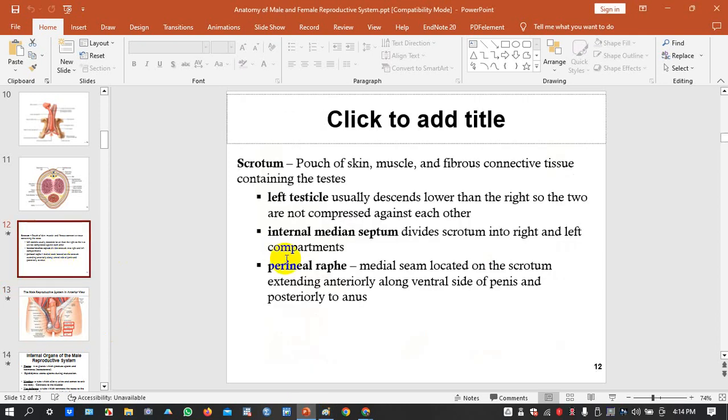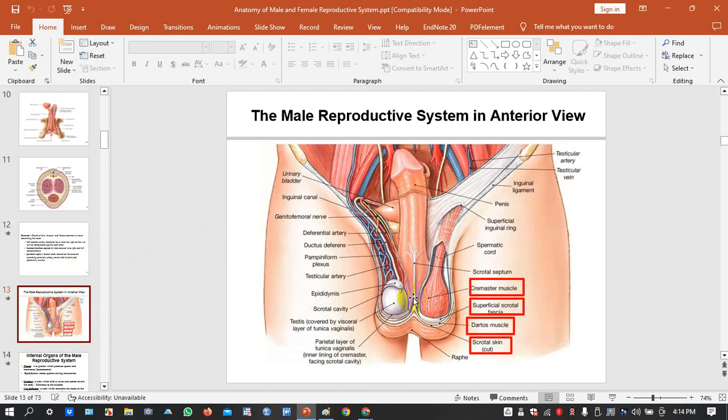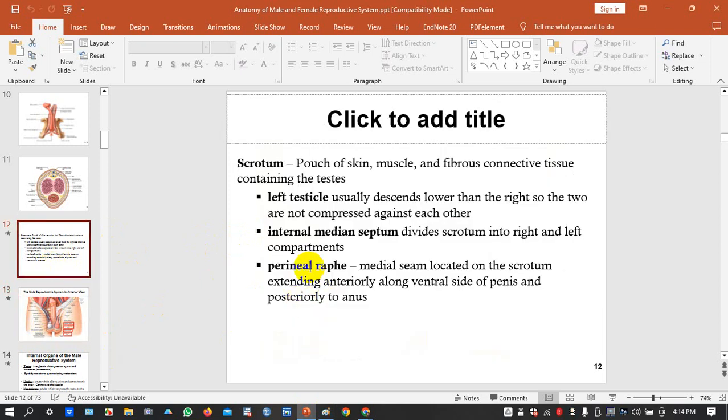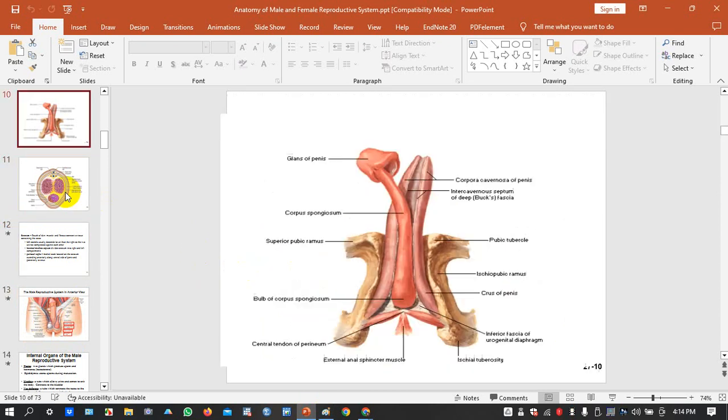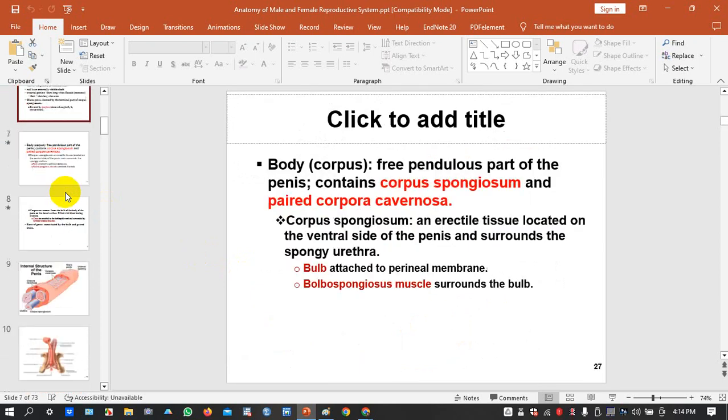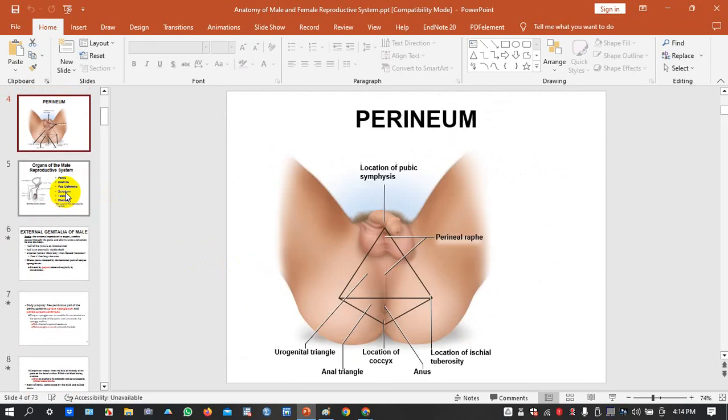Okay, so the internal medial septum divides the scrotum into right and left compartments. So this is the internal medial scrotal septum. Perineal raphe, a medial seam located on the scrotum, extending anteriorly along the ventral side. I've shown you this one already. This is the perineal raphe. Cast your mind back. This is what separates